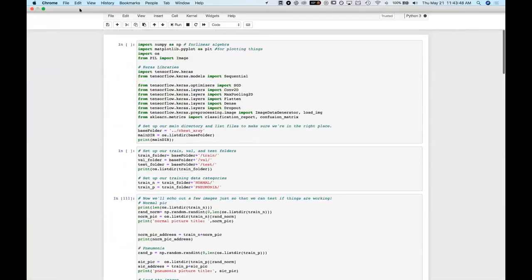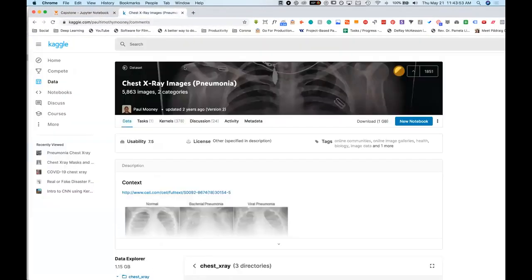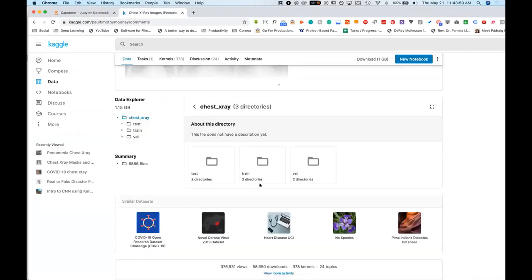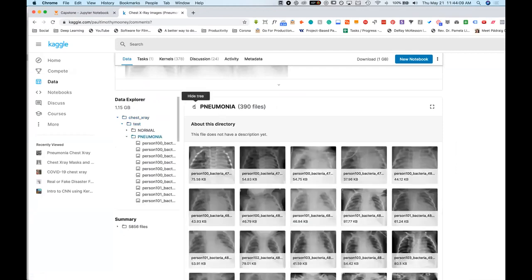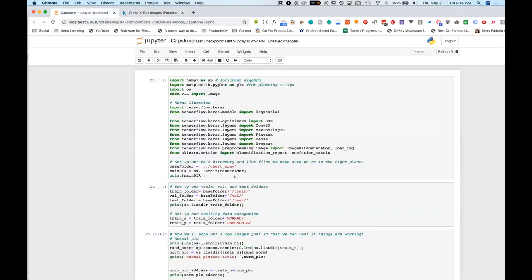So I was working on a data set that I found online at Kaggle of chest x-ray images, and they're basically classified between normal and pneumonia. So whether they have a viral or a bacterial infection, but they're all kind of lumped into pneumonia. And so just to kind of roughly walk you through what I did here,